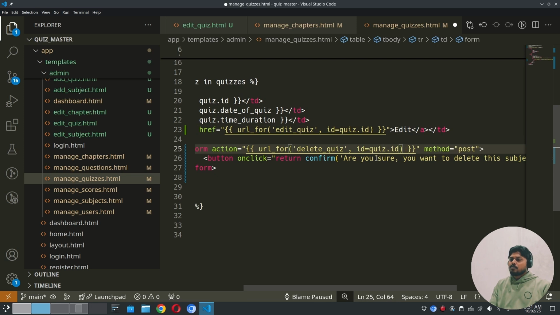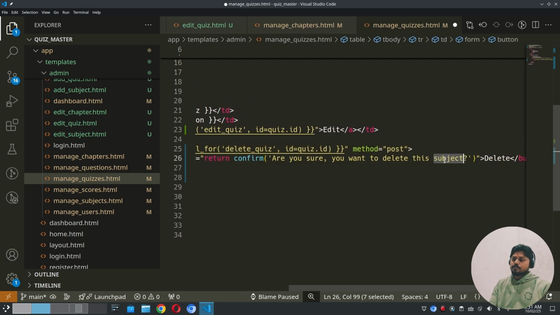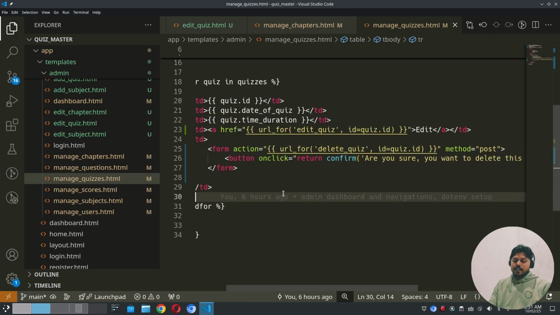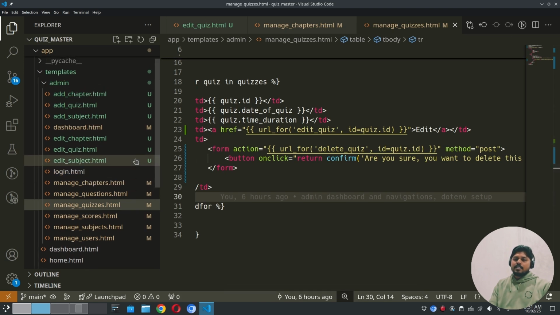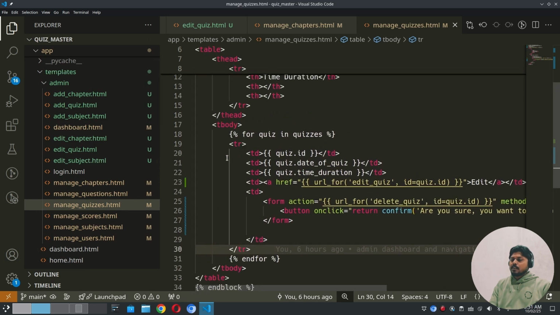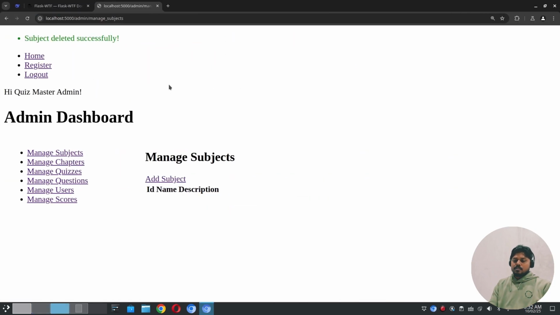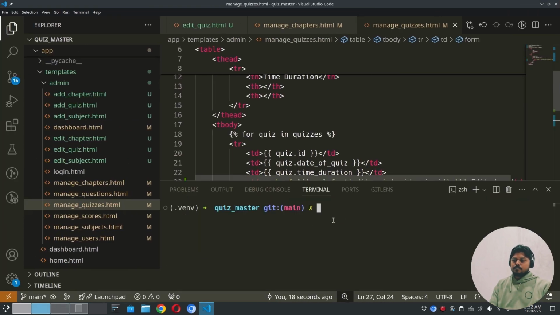And are you sure you want to delete this quiz? Okay, so we have created our add chapter, edit chapter, and functionality for add, edit, and delete. Similarly for quiz. So just run the server again